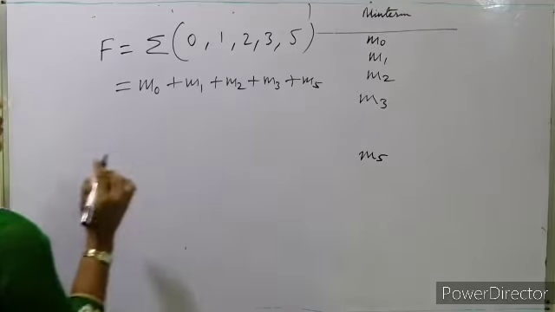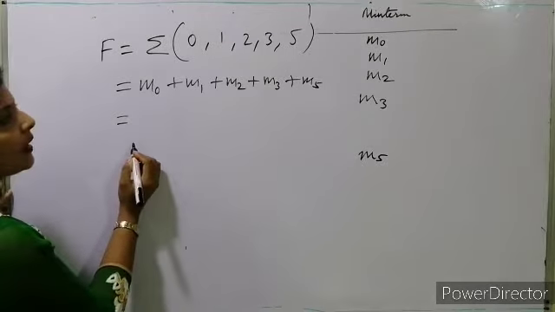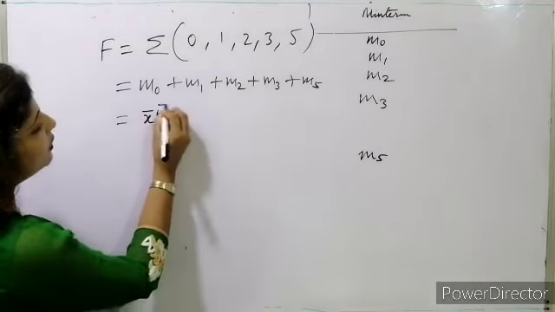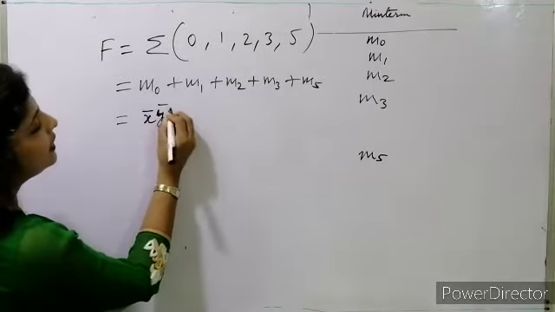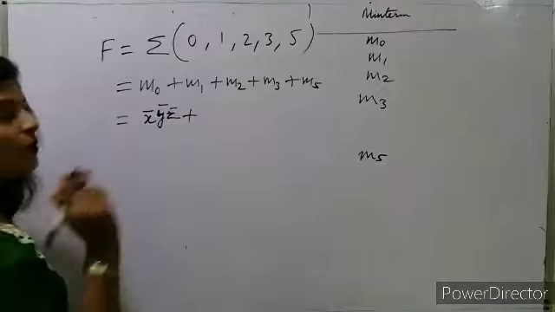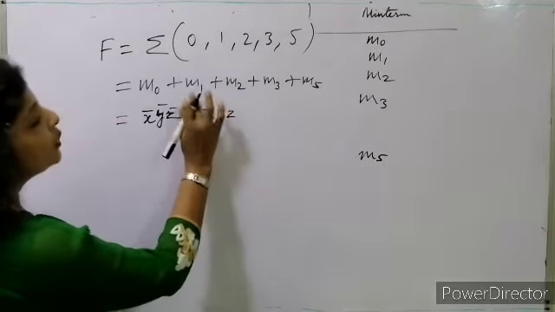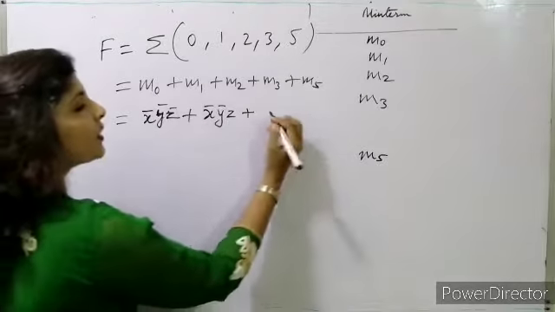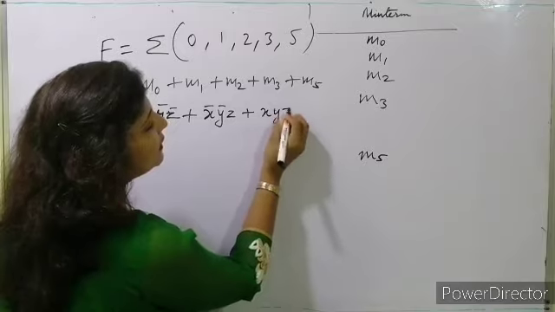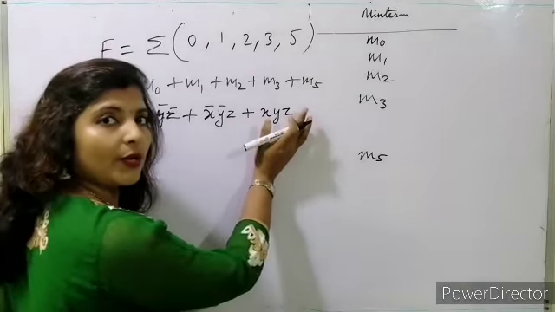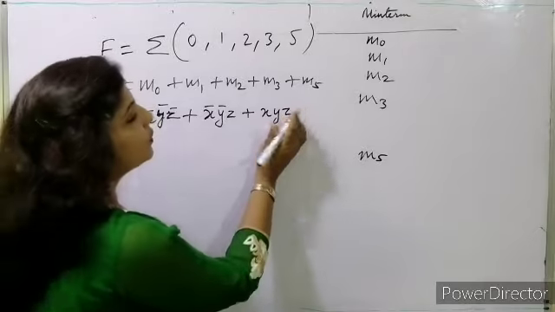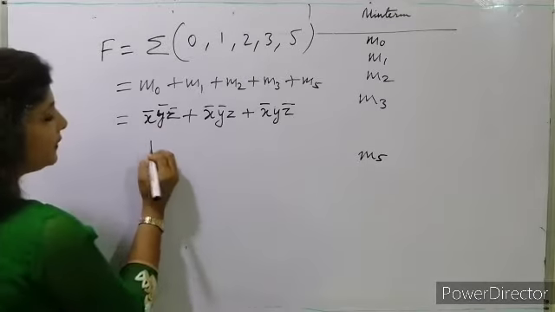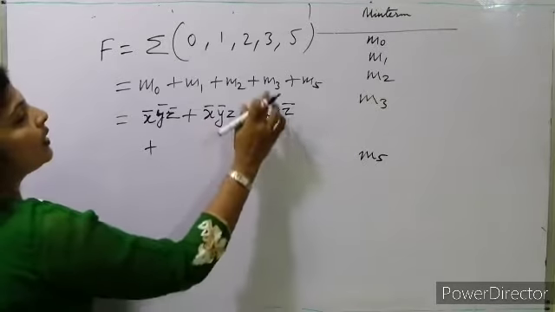Okay, so we'll write here for this one. m0 के लिए क्या होगा, x y z तीनों 0 होने चाहिए, complement of x, complement of y and complement of z, plus m1 मतलब 0 0 1, x y z, तो m1 है तो this will be 1, बाकी सारे 0 होंगे. Okay. Now m2 के लिए, m2 का value क्या होगा, first of all we will write x y z. 2 का value क्या होता है binary में, 0 1 0. So 0, ये 1 and 0. Okay. Now we can write like this.